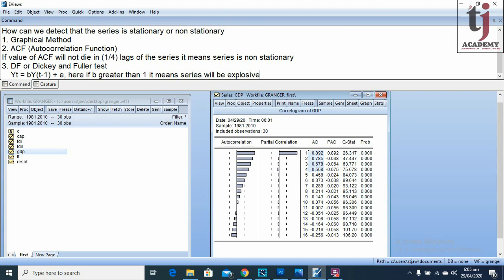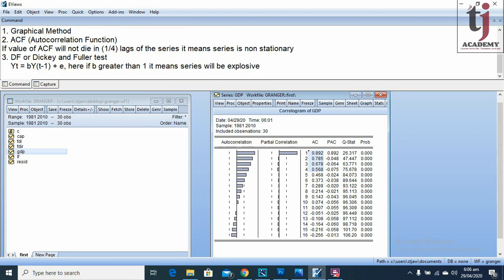If every lag value increases the current value, then the ultimate result will be an explosive series. So this will not be the case in consideration. Number 2, if beta is less than 1,